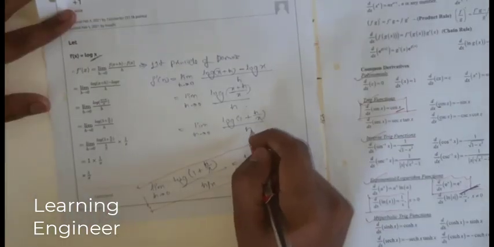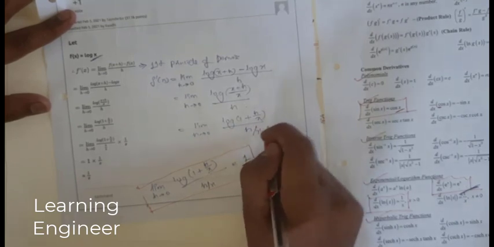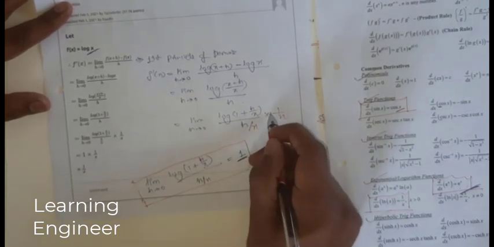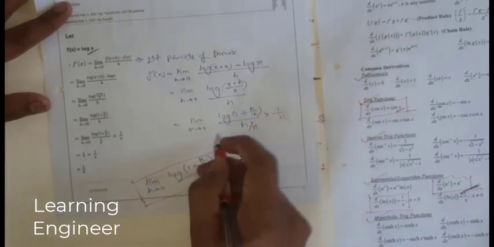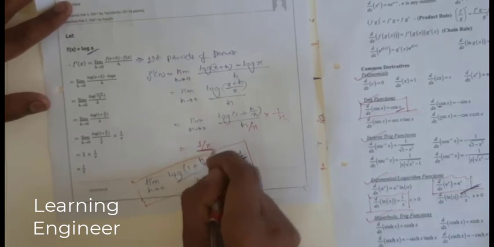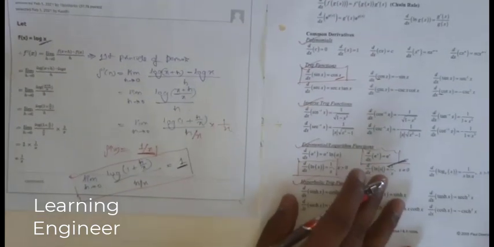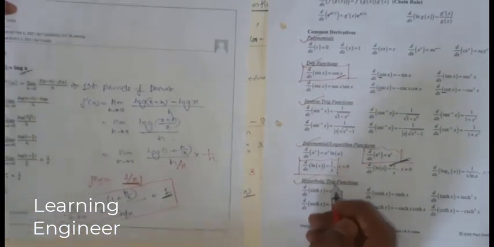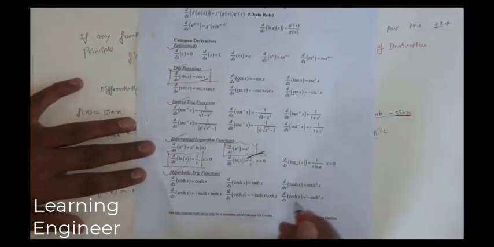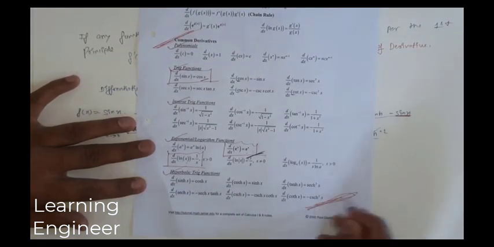So we have to convert this particular term into h by x. When we have h by x, we should also have 1 by x. If you want h by x, then we have to multiply by x and divide by x. Now this whole term is 1, and 1 into 1 by x, we are getting 1 by x. So this is the derivative of log x. You can see over here, the derivative of log x is 1 upon x. So this is how we prove the derivatives of all the standard formulas that we have.